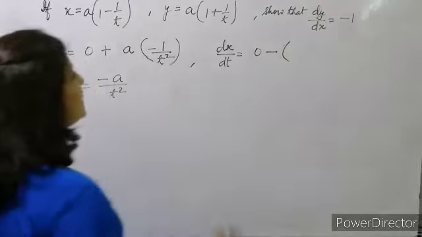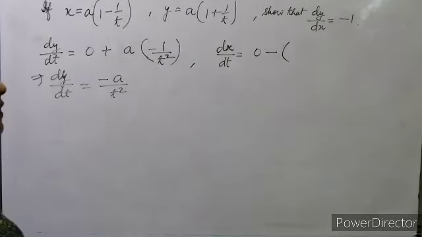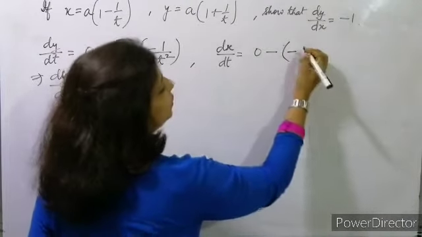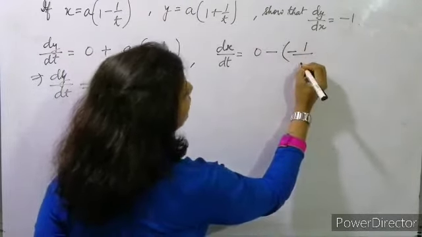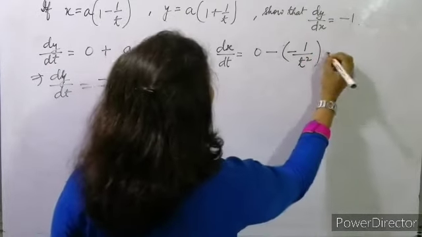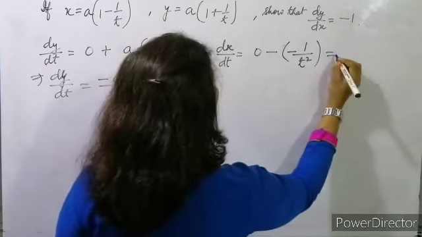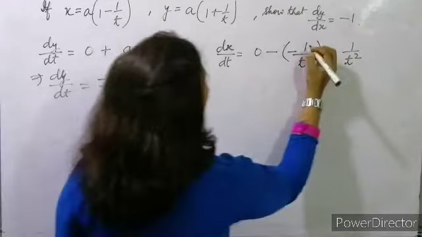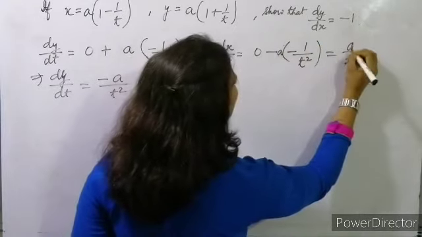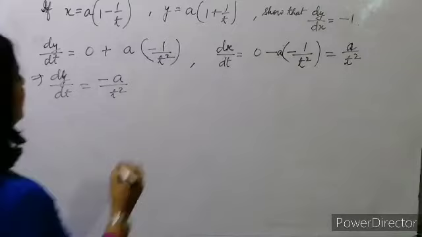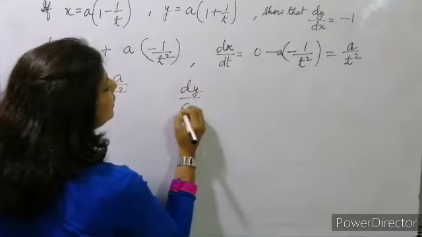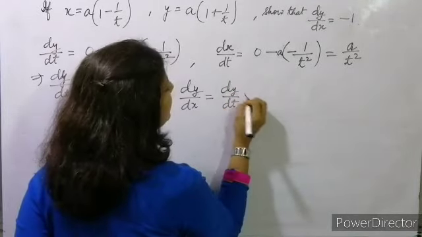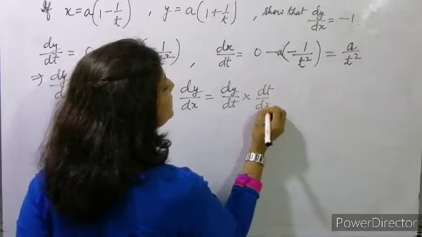So when we will differentiating t to the power -1 with respect to t, it will be -1 front में आ जाएगा and t का power will be -2. So -2 will be 1 upon t square. Okay, so it will be plus. So dx upon dt will be 1 upon t square. Not 1, this will be a. So a into, so a upon t square. Okay. Now we have to find out the value of dy upon dx. Okay, so dy upon dt multiplied by dt upon dx होगा.